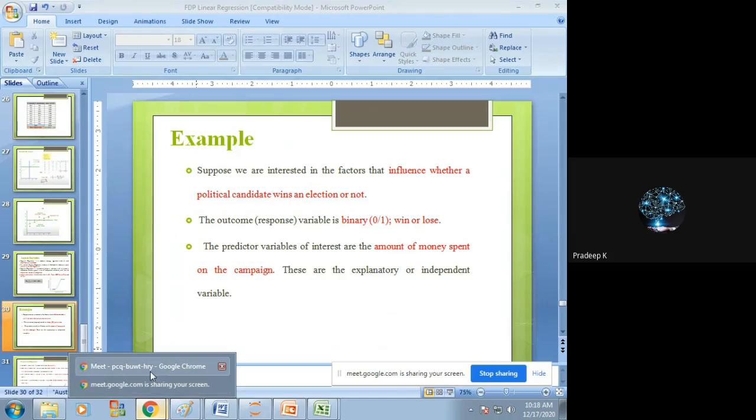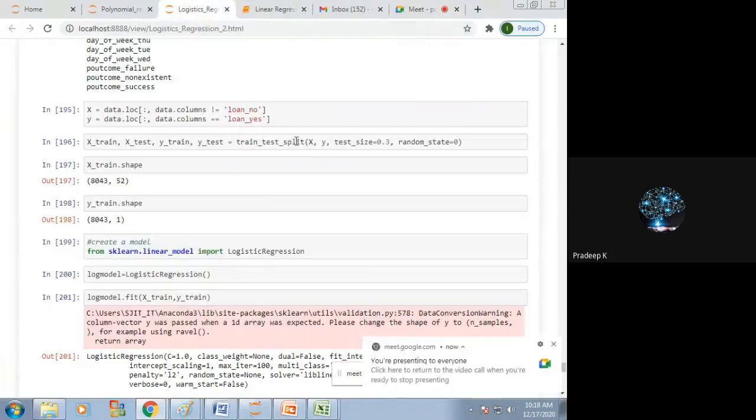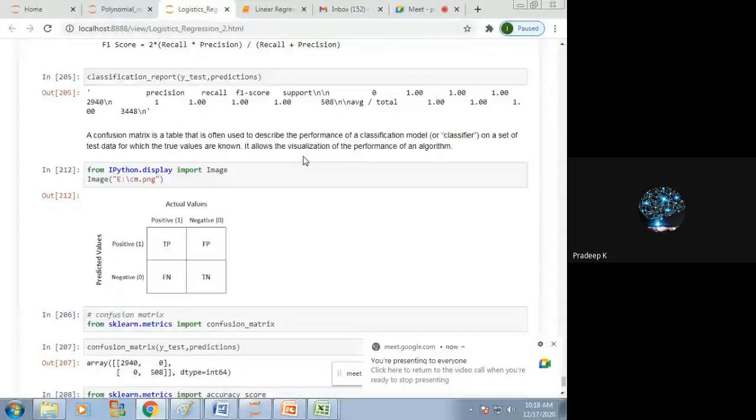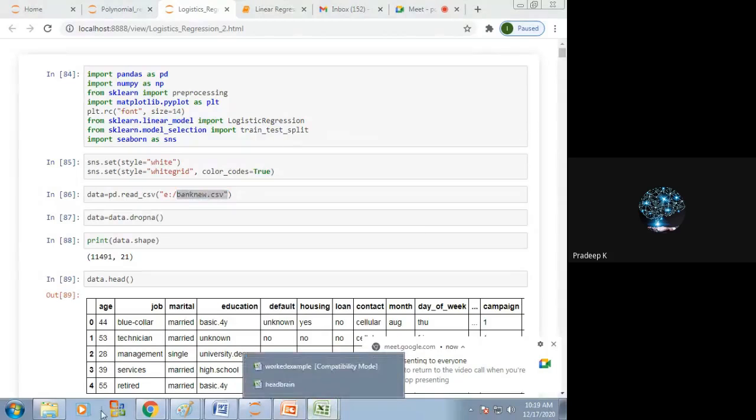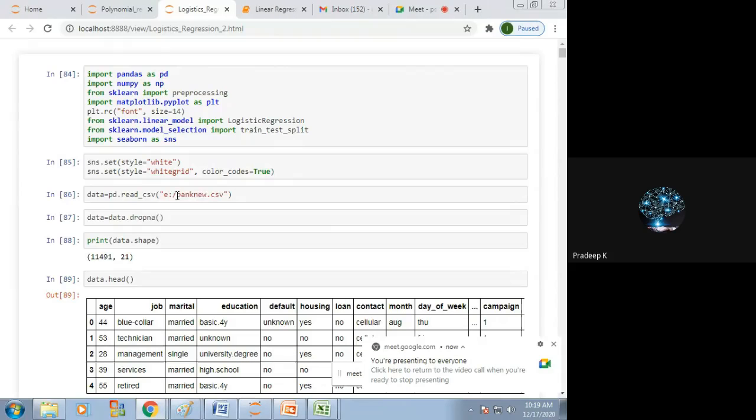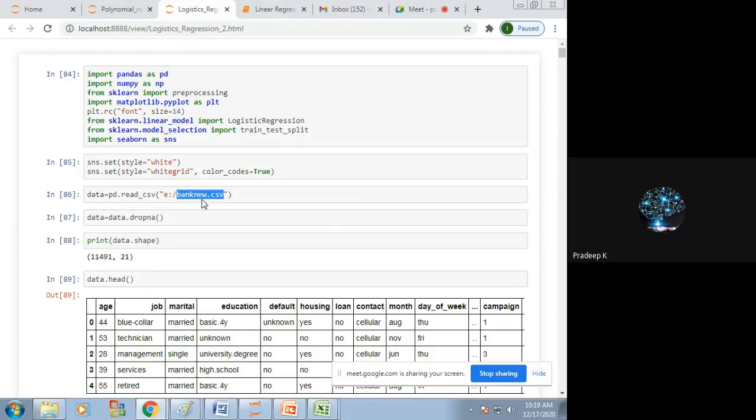See here. So logistic regression also performs the same way. See here. So this is our package, logistic regression. Previously we used linear regression. Assume that we have bank new data, right? So what is the purpose of this analysis? The bank decides whether the customer is eligible for getting a loan or not,